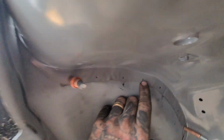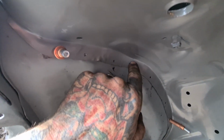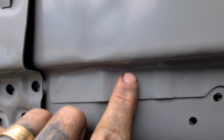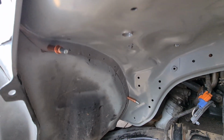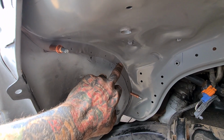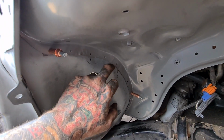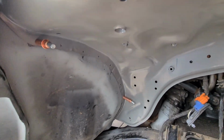So these holes here are what we're going to do our spot welds through. So we'll punch the MIG in through them, and that'll turn into a little spot weld. Not much different to what you can see here. And that'll hold that back to where it's supposed to be. The reason I'm doing that with a MIG is I can't fit my pinch weld spot welder in there. Just isn't going to happen,